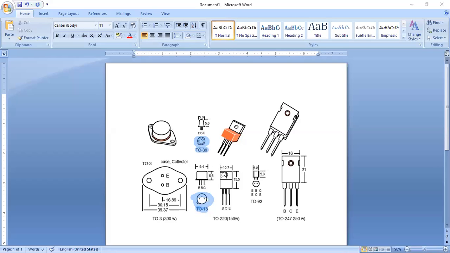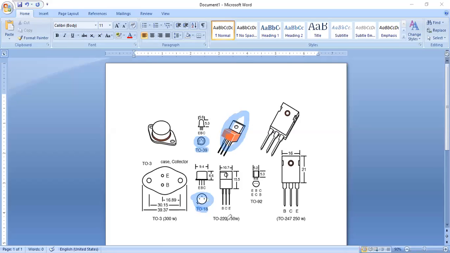Another package is the TO220. The package will look like this, and this is the pin identification. If the transistor is facing towards you, in the sense that you are able to read the name printed on the transistor, starting from the left it is BCE.